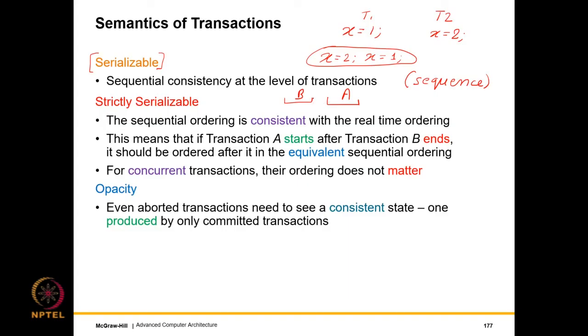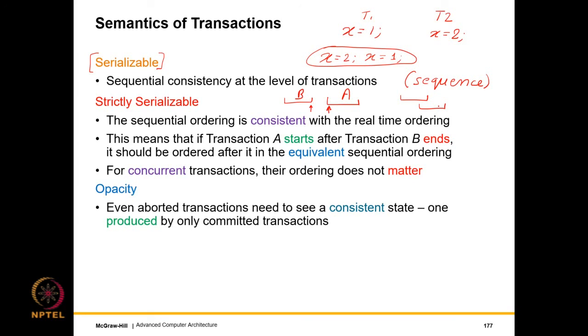So we look at all transactions, and consider each pair. In this case, transaction A starts at a point after the time at which transaction B ends. This means that in the sequential ordering, and mind you, these transactions are issued by different threads, not the same thread, so there is no program order between them, nonetheless, in the final sequential ordering, A will have to appear after B. Of course, if they are concurrent, if there is an overlap between them, then the ordering is not specified.